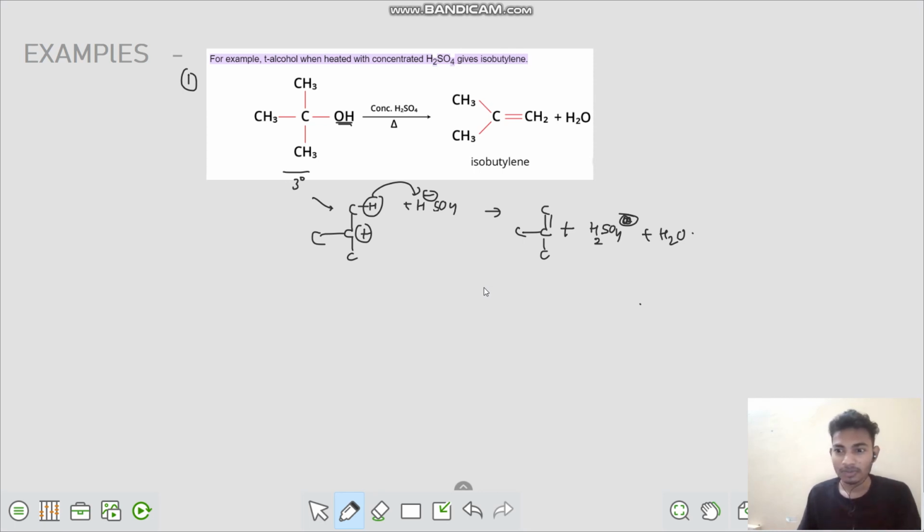So the catalyst cannot be used up in the reaction actually. So we finally get the catalyst back. How does HSO4 minus come? I told you. H2SO4 converts into HSO4 minus and the H plus will take